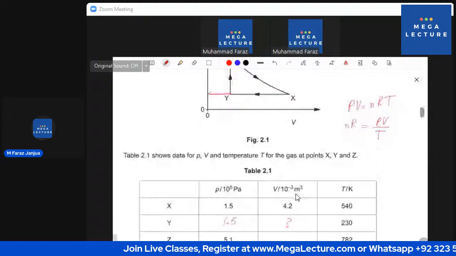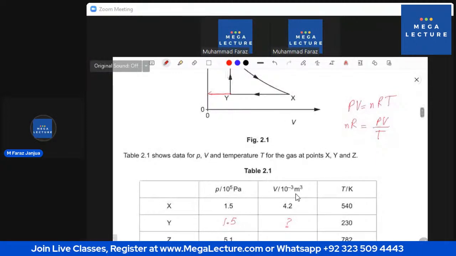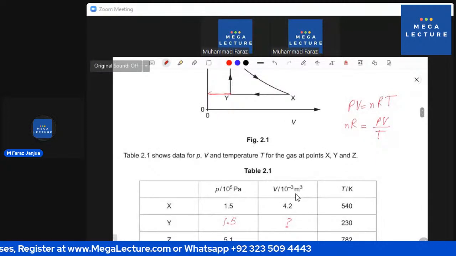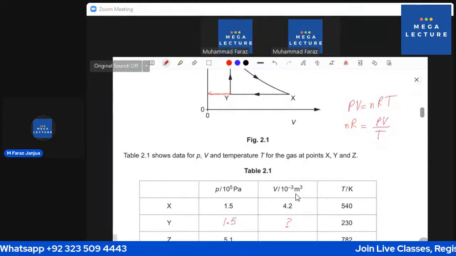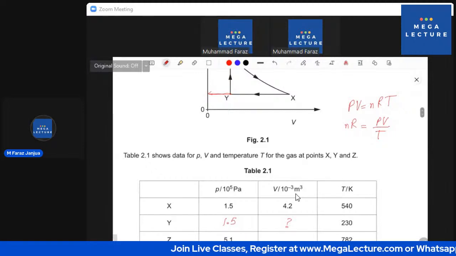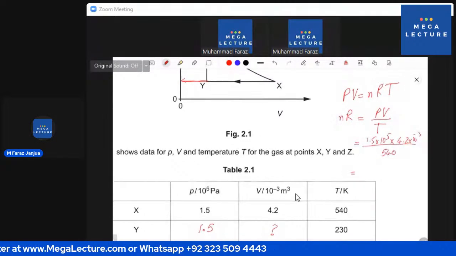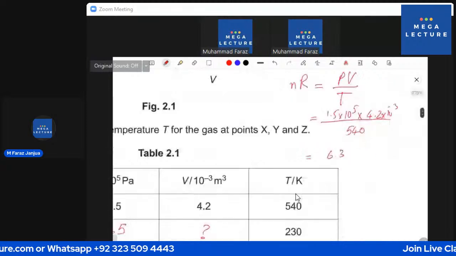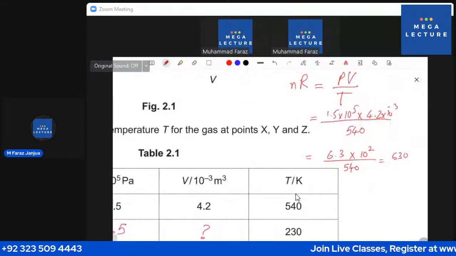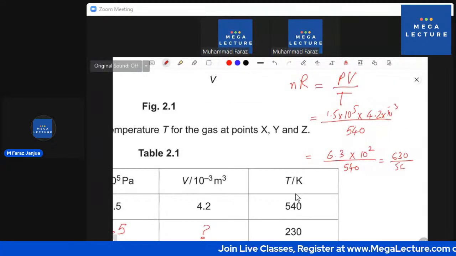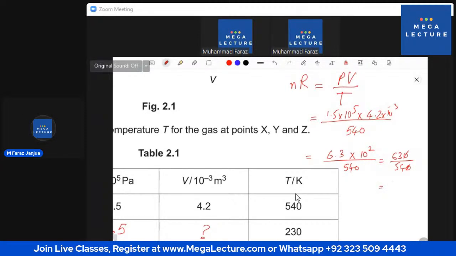It will be 1.5 into 10 to the power 5, volume 4.2 into 10 to the power minus 3 divided by temperature 540. 1.5 into 4.2 is 6.3 into 10 to the power 2 divided by 540. So 630 divided by 540, and this will be 7 by 6,